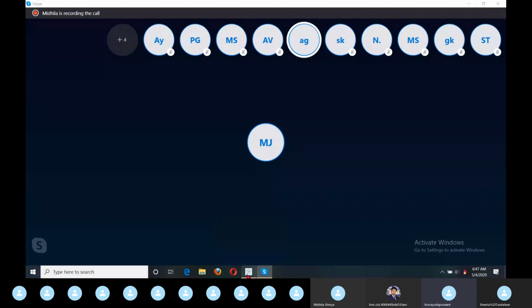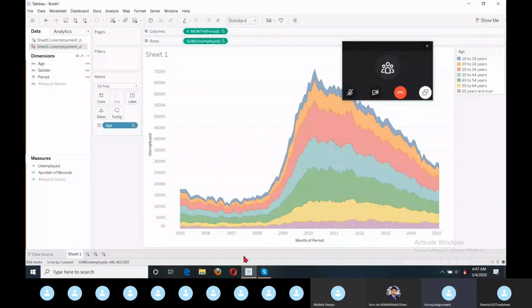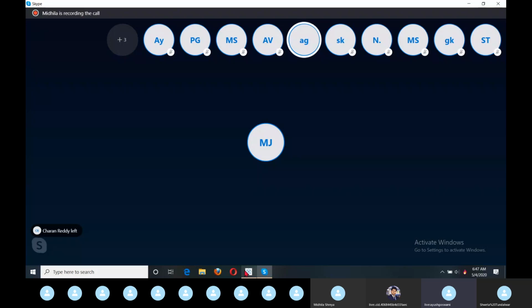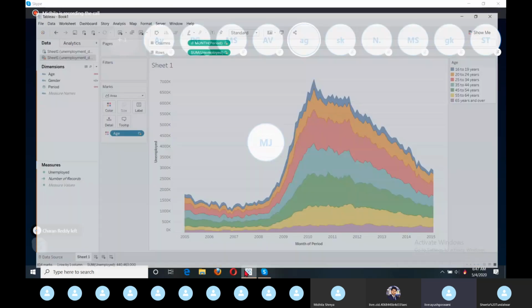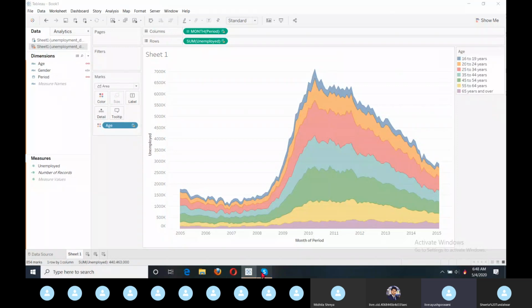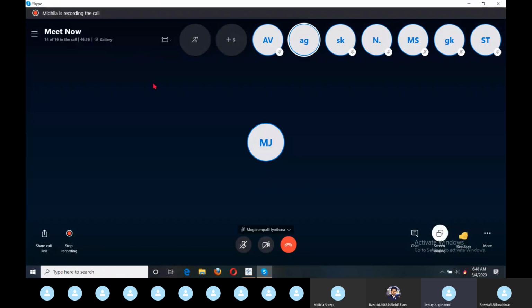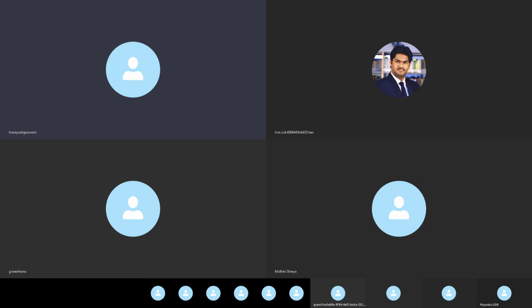So if you want to select particular information, you can just click on it here, and you see that highlighted information for that particular region is shown up here. But what if you want to see information for only this year? Or let's suppose you plot gender here instead of age, and you want to see the information for men, no information for women, how can you do that? For that, we use filters. By applying filters you can see that the selected information is visible for you.